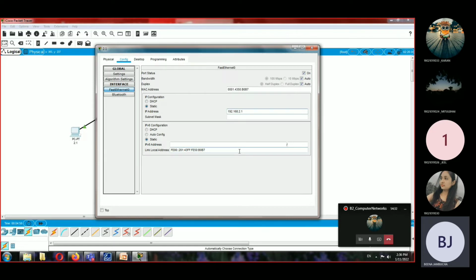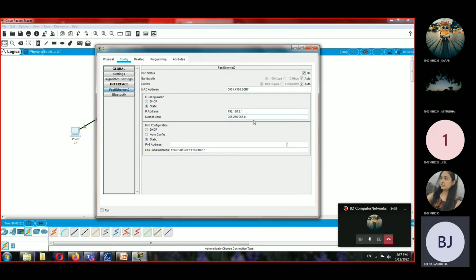This is the method to write the IP address. In most cases, our IP address will start with 192.168 in our college. You will study this in detail when we study the network layer: how to give the network address and what this 192 and this 168 indicate.